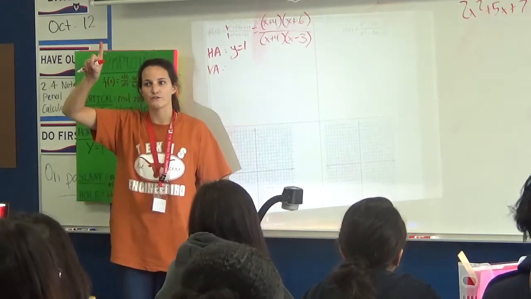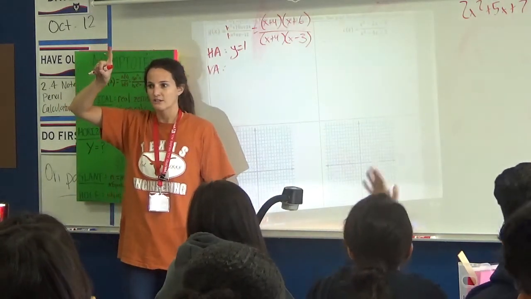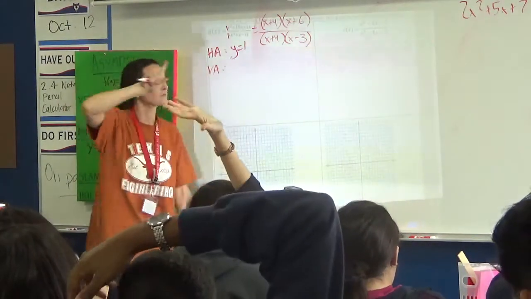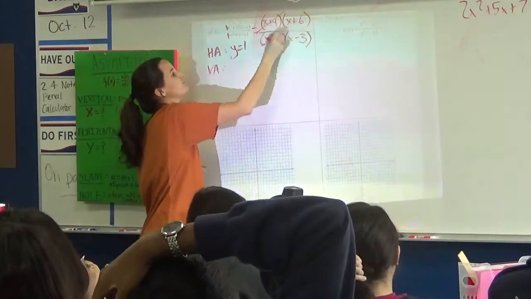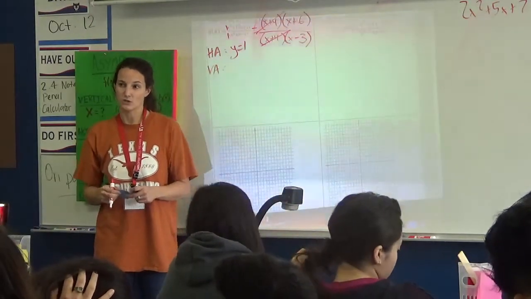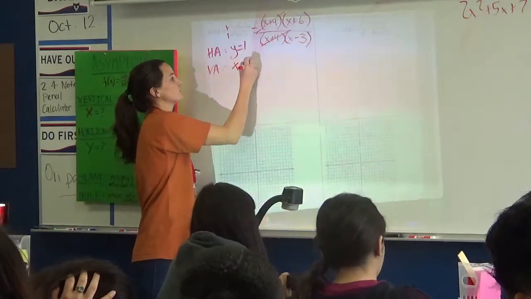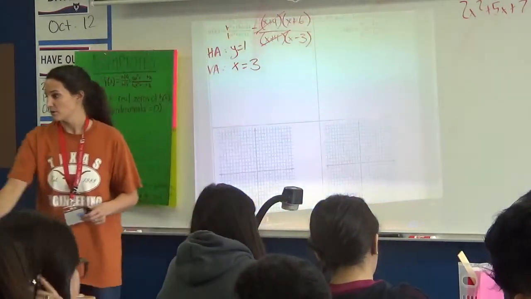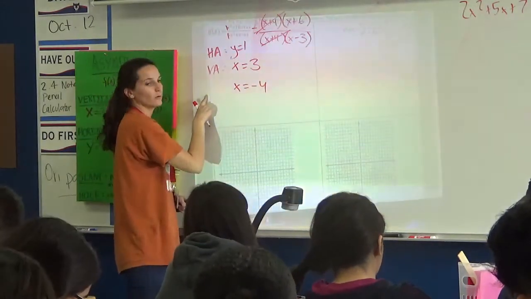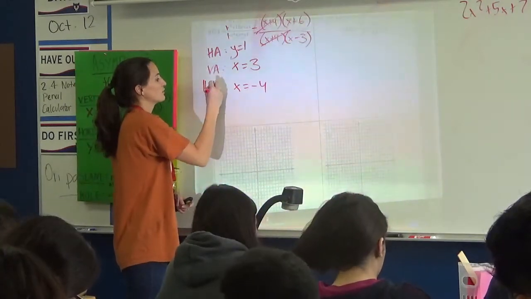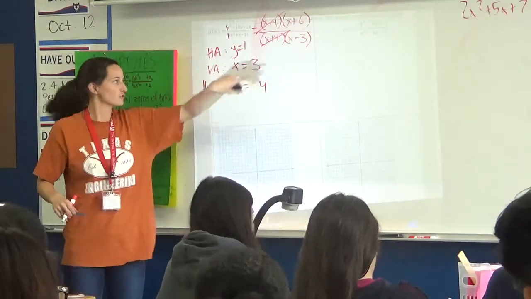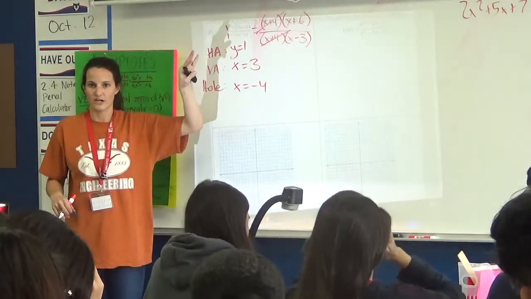But raise your hand if you notice something based off of what we just talked about that's going on here that's special. Lazaro? X plus 4 is a common factor that we could cancel. Therefore, what's the only vertical asymptote? X equals 3 is the only one that we actually are going to keep. Okay? And we're going to say that x equals negative 4 is actually what we call what? A hole or a removable discontinuity. Okay? So we just are clarifying now that those are not both vertical asymptotes. One's a hole and one's a vertical asymptote.